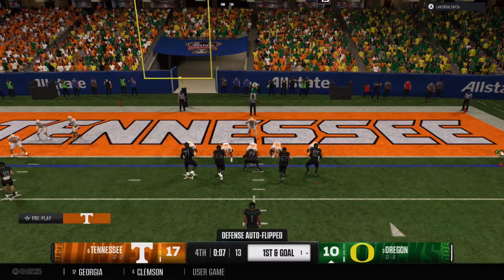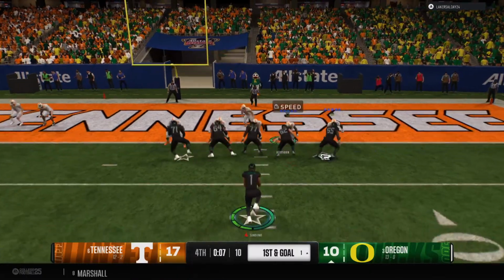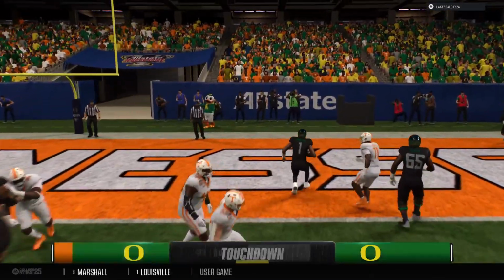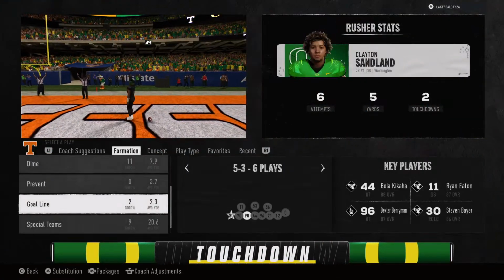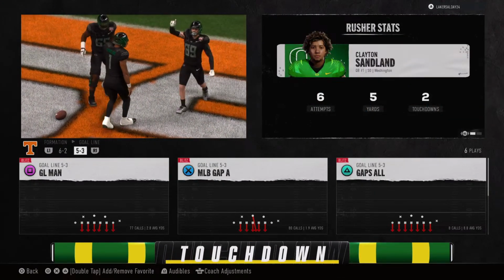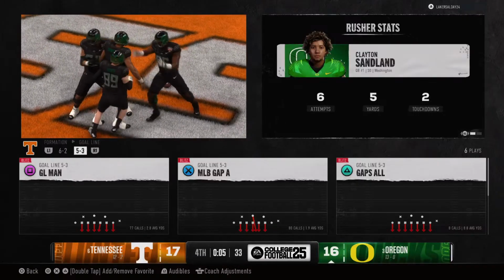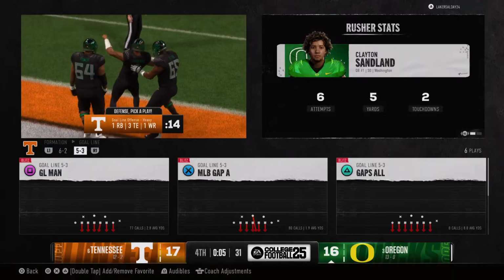Big opportunity for the offense to tie this game up in the fourth quarter. It's first and goal. And the quarterback tucks it and takes off on a designed run. And he runs it into the end zone. Touchdown, Ducks. And, Chris, how often do we see it? When the game's on the line, it's about the line of scrimmage. This offensive line does their job. The running back gets in for this game-tying touchdown.